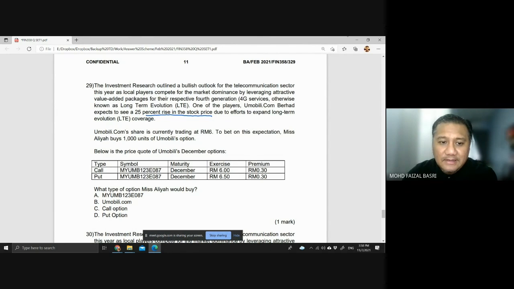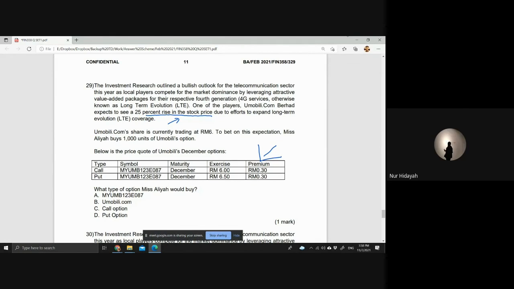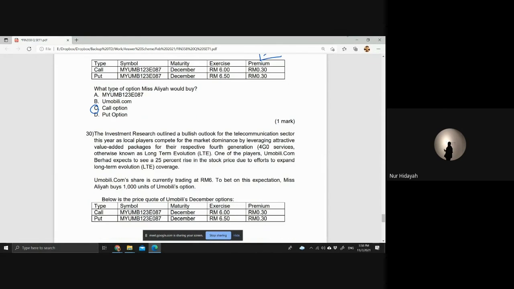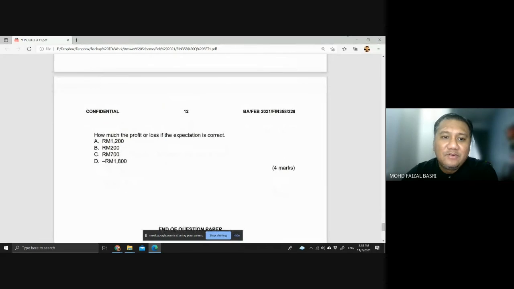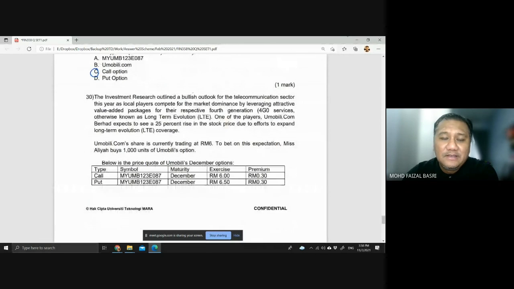Okay, ingat this symbol, this is the symbol untuk stock tu. Tapi dia nak beli option apa ni? Call, put, you mau beli ataupun quote ni. Remember, this is a rise in stock. So meaning, they expect the price to increase. Call. Yeah, so it's call option. So then dia suruh kita kira balik what will be the profit, sama macam soalan tadi. Cuma kena dissect the information sebab dia nak beli 1,000 units.